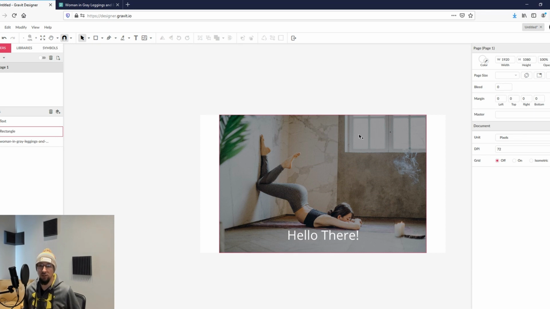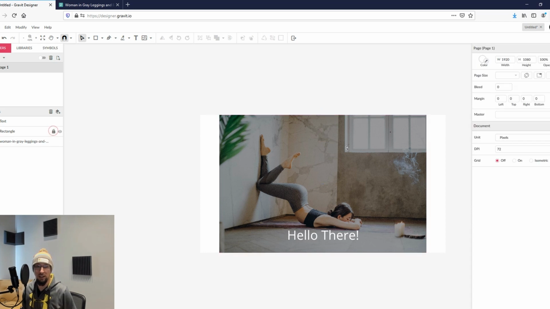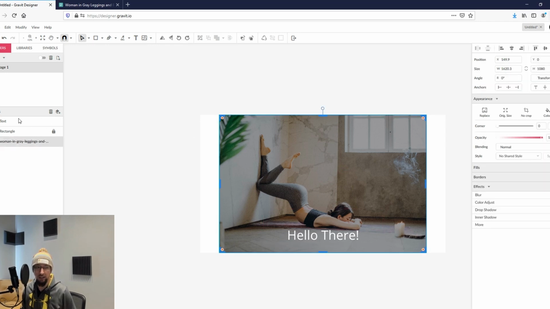You can crop images. If you double click on this image, actually I just clicked on the rectangle, right? So one thing I can do if I'm tired of clicking on the rectangle when I'm trying to click on other things, I'll click the lock, and now the rectangle is not even clickable. It's still there, I can still see it, but it's not clickable. So now if I click here, I can select the image. So if I double click on the image,